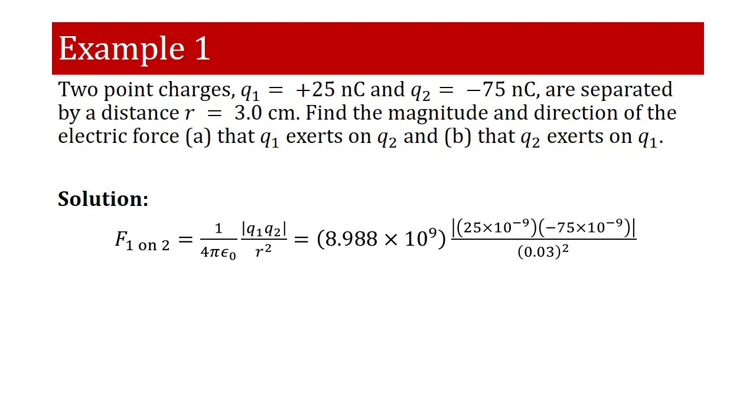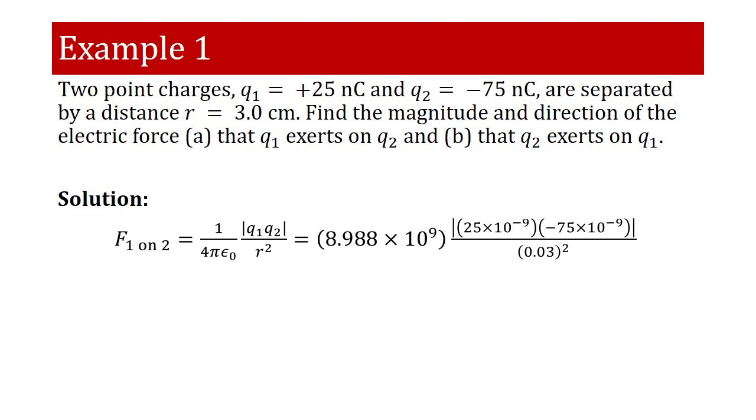You multiply that to the given charges, 25 times 10 to the minus 9, because nano means times 10 to the minus 9, and negative 75 times 10 to the minus 9. And this is understood to be in coulombs, because the standard unit for charge is coulombs,